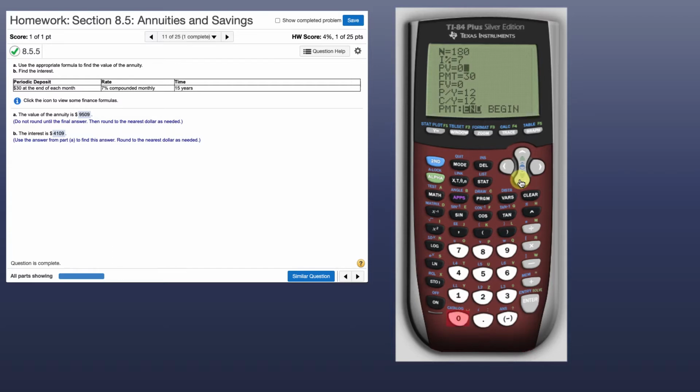So present value is 0. My payments are 30. Now, future value, I'm going to calculate that. And payments per year, or compounding cycles per year, is 12. Why 12? Because I'm doing it monthly. Okay? So then I will quit. I'll go back into the apps, finance, and again, I'm going to solve for the future value. Hit enter. So there you go,